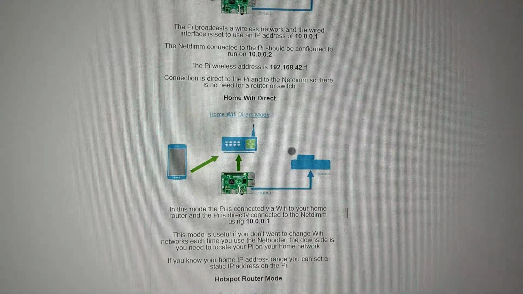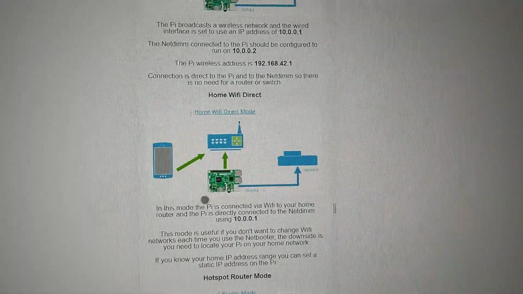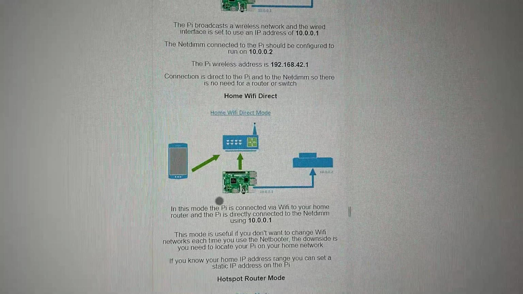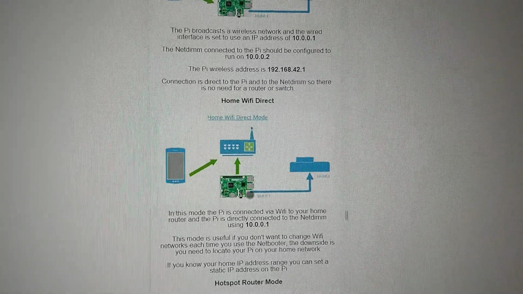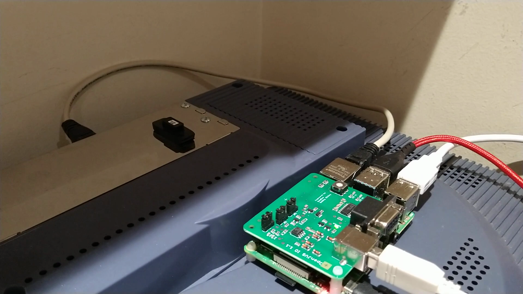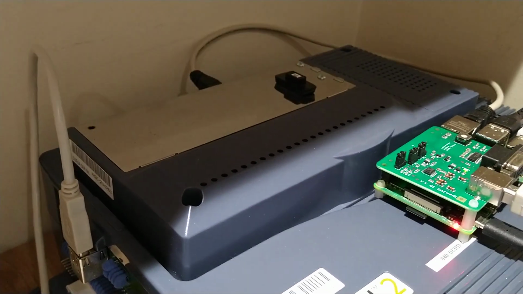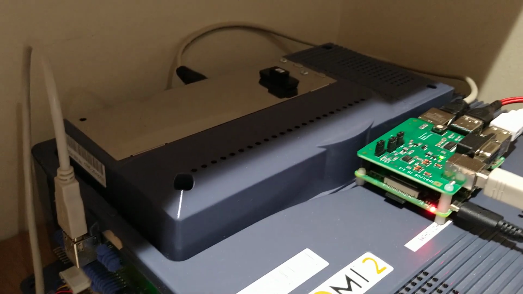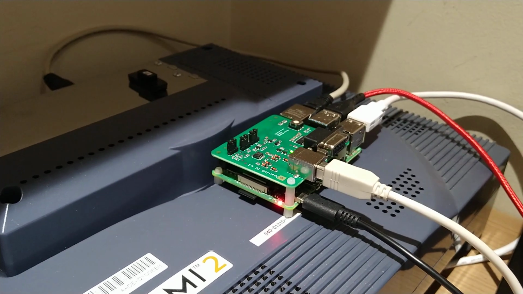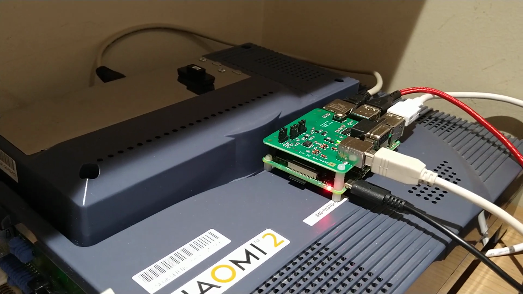This is the way I've got it set up at the moment, where my Pi is connected wirelessly to my home router, which I can access via my browser, but it's hardwired. As you can see, it's hardwired by that network cable straight in there. But alternatively, you could hardwire your NetDim to your home network and just get to it via the Wi-Fi. So obviously, if your NetDim is connected to your router and your Pi is connected wirelessly to your router, you can netboot over the air if you like,